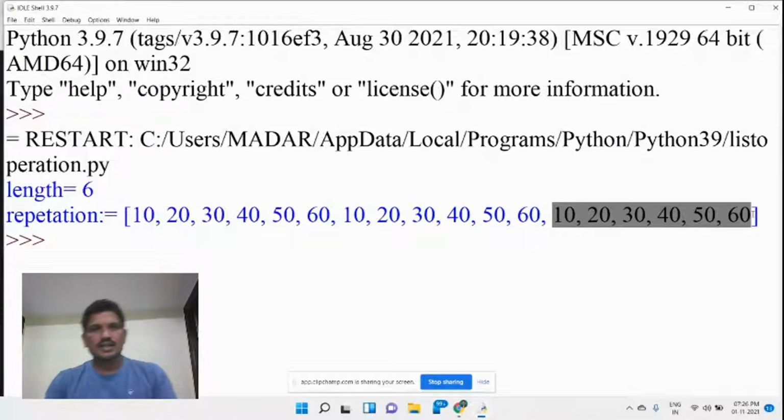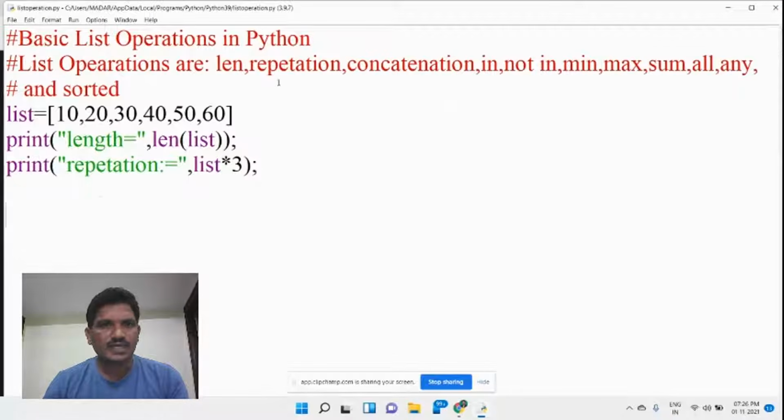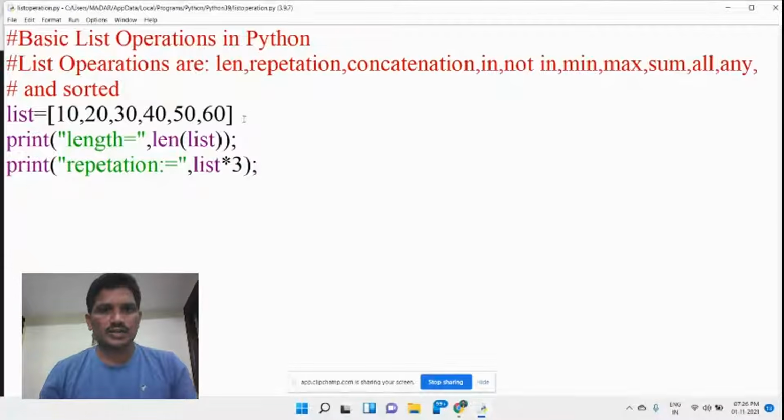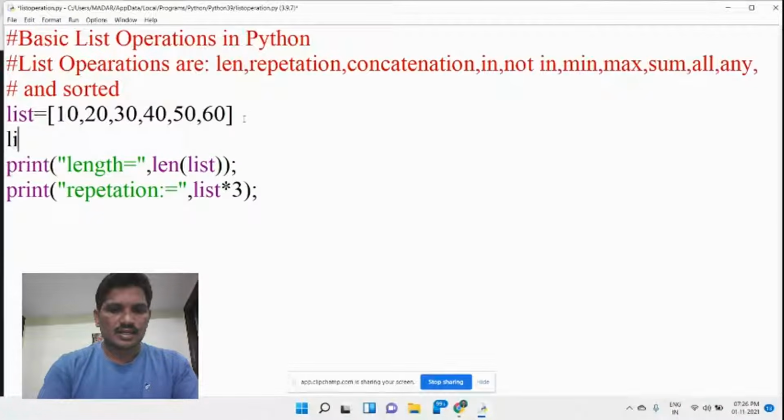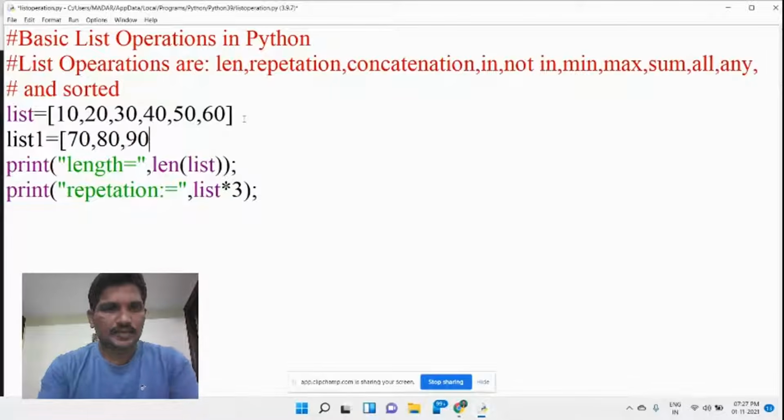Because the list has been repeated three times, isn't it? This is the second operation in Python. Then what is called concatenation? If you want to join two lists, for example, list1 equals 70, 80, 90.